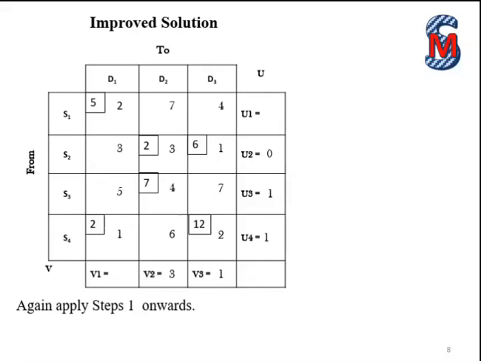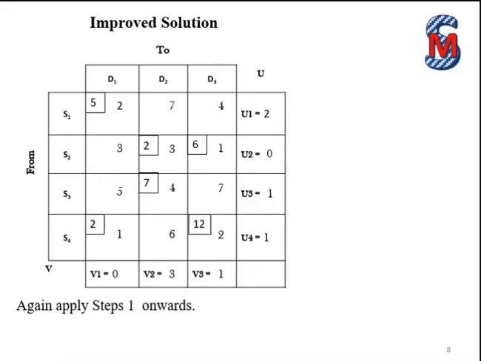Now we'll be finding out for the S4D1 allotted cell with cost 1, U4 is 1. What should we add to 1 to get the cost 1? 0. So V1 will be 0 this time. Now we'll be left with the last value U1. For this first row, the allotted cell is the S1D1 first cell with cost 2. Its V1 is 0. So 0 plus 2 is 2. Therefore U1 is 2. Now we have found all the Uis and Vjs.